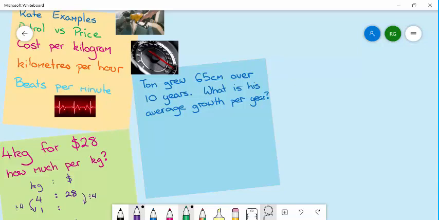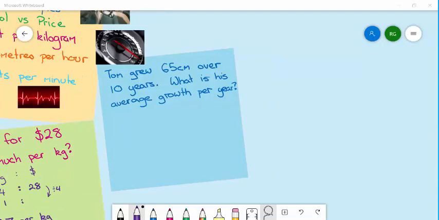Now, it's important that we talk about average growth, because if we think about the rate at which someone grows, they have times where they're going to go quicker than others. You know, by the time you're 20, you're probably going to stop growing much in height. So we're going to talk about average growth per year here. So what we need to do is work out how tall he grows per year. So if 65 centimeters is to 10 years,